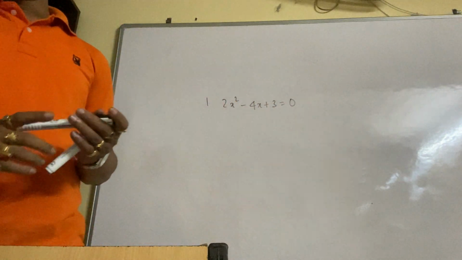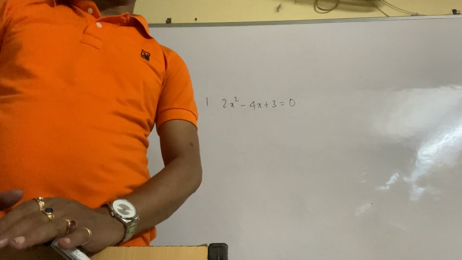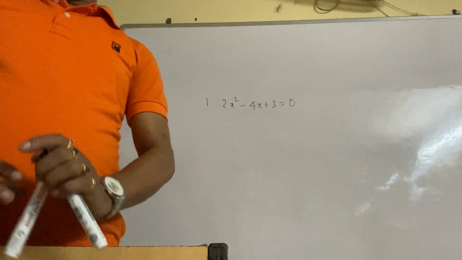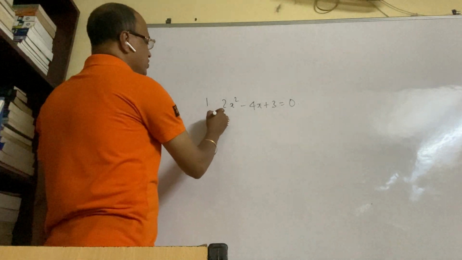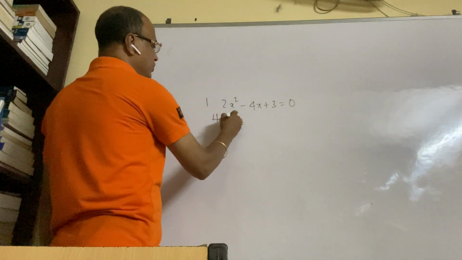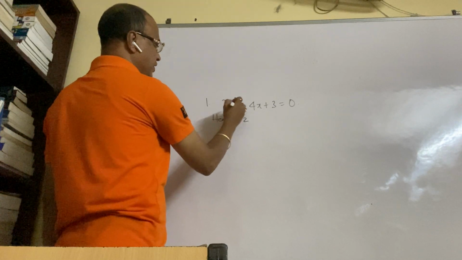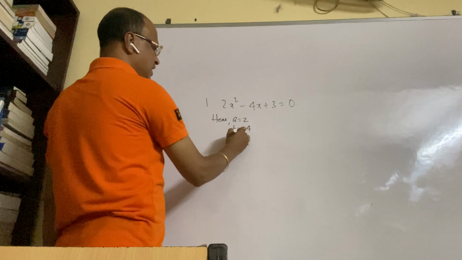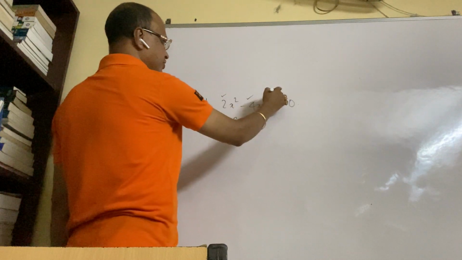So this is one simple question. We want to comment on the nature of the roots. I will do all the types. सारा type questions कर देते हैं तब. Then I give you some question. You will be solving. So this is one type of sum. Without solving, we have to comment on the nature of the roots. So here a equal to what? A equal to 2. This is your coefficient of x square is 2. B equal to minus 4, coefficient of x, and C equal to 3. So this is A, this is B, and this is C.